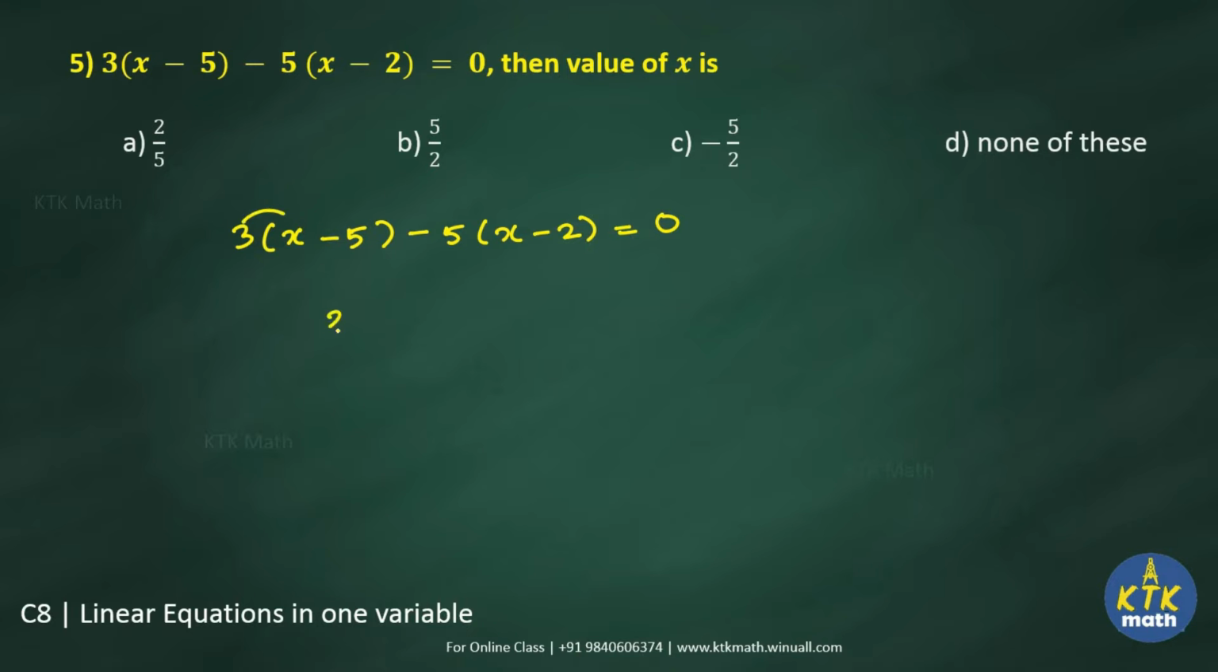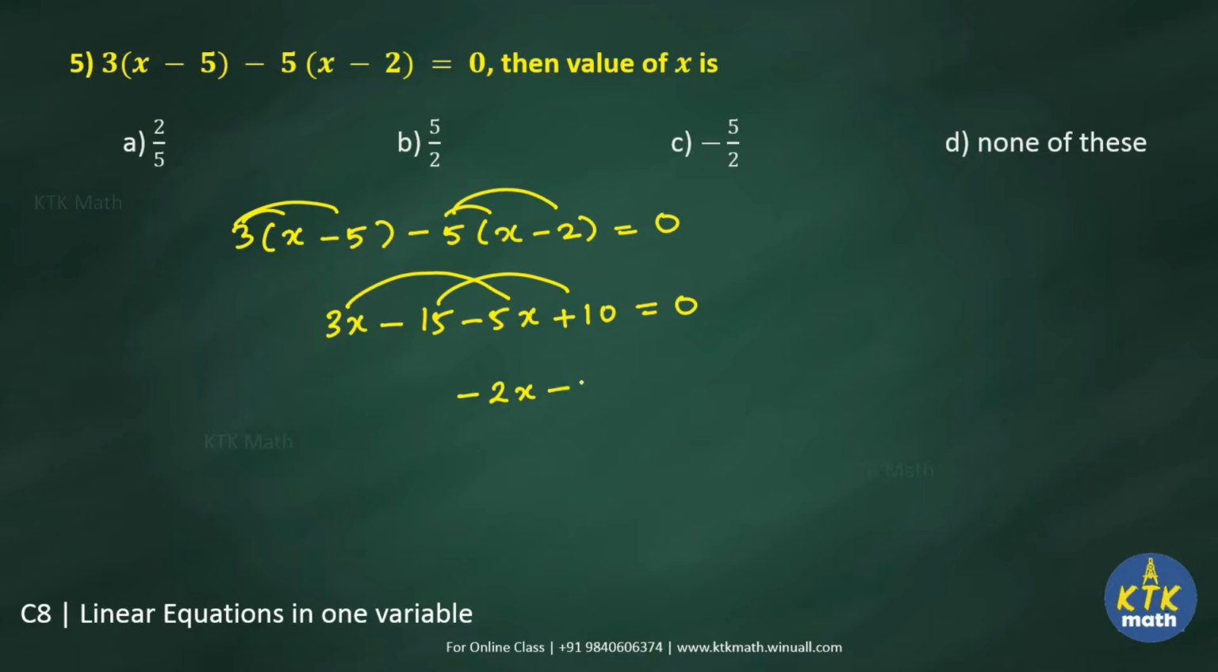So 3 times x minus 3 5s of 15, then 5 times x minus is given, so minus 5x, then 5 times 2 is plus 10. So minus multiplying with minus will give you plus 10 is equal to 0. Now just simplify the x terms. 3x minus 5x gives you negative 2x, and minus 15 plus 10 will give you negative 5